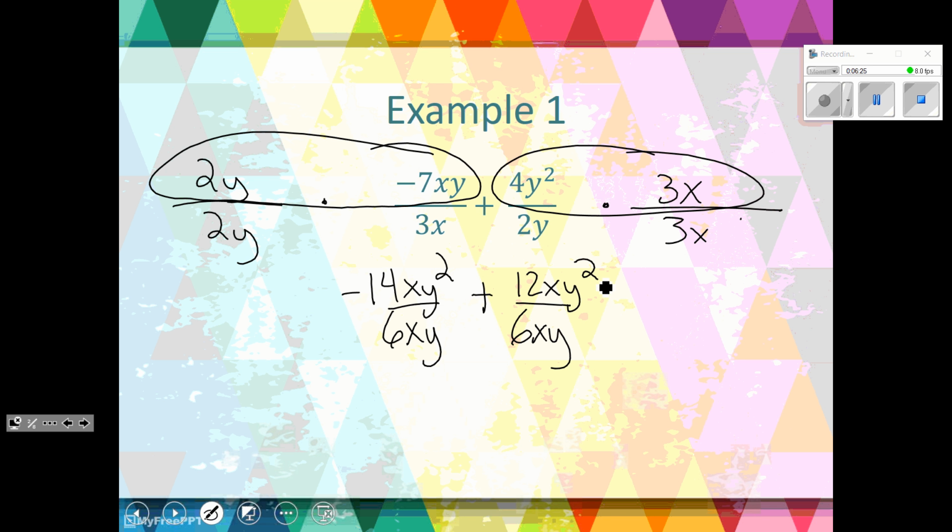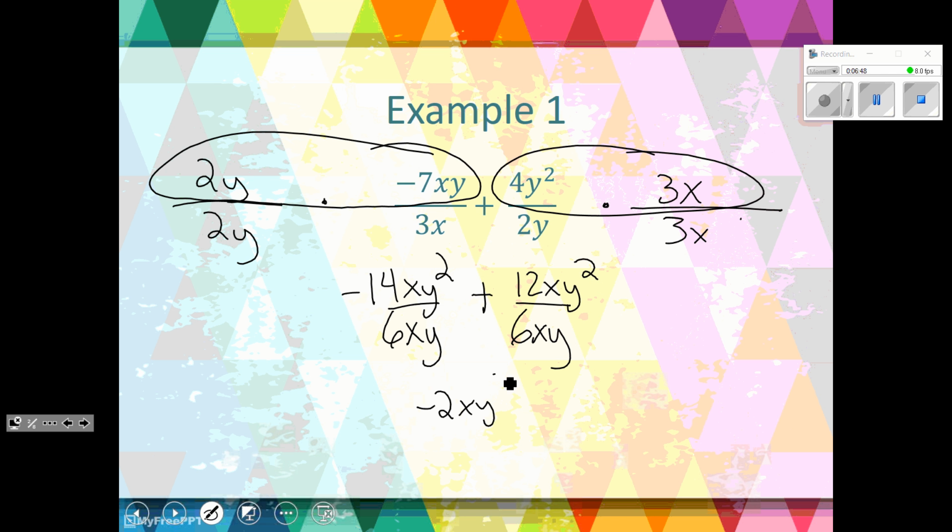If you have common denominators, you simply just add the numerators together. Now, are these like terms? This is an xy squared. This is an xy squared. Are they like terms? So I can take these and add them together. What's negative 14xy squared plus 12xy squared? Negative